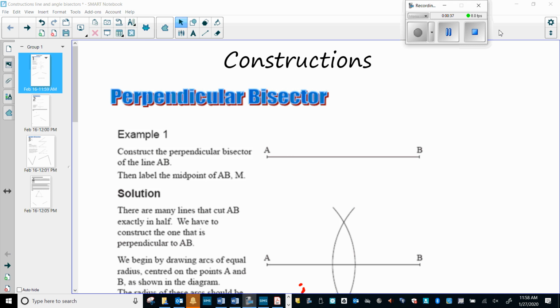So, how do you do that? We're asked to construct. So the first one we're going to look at is a perpendicular bisector. Now, it will always be a perpendicular bisector of a line. Okay? So I've got this line AB here. So I'm perpendicular bisecting it. What do we think bisect